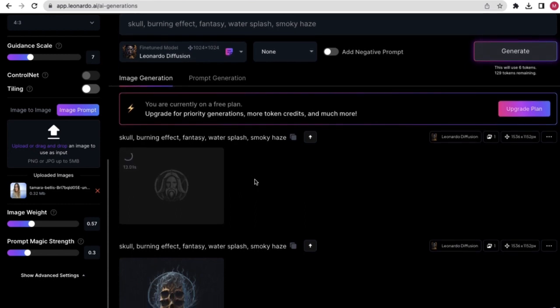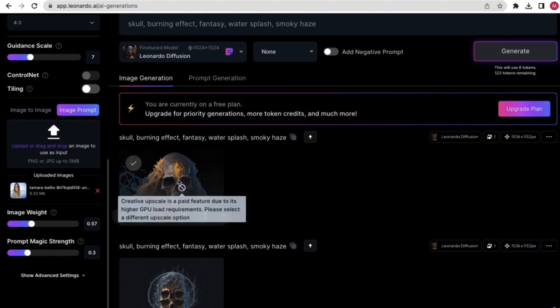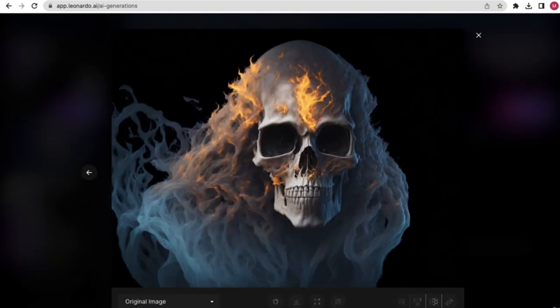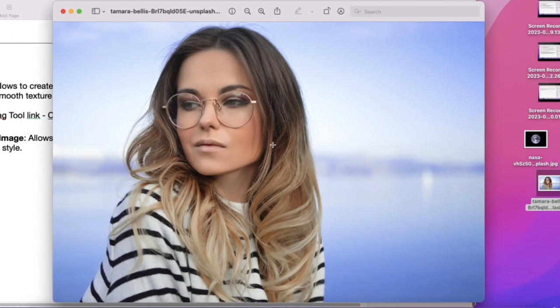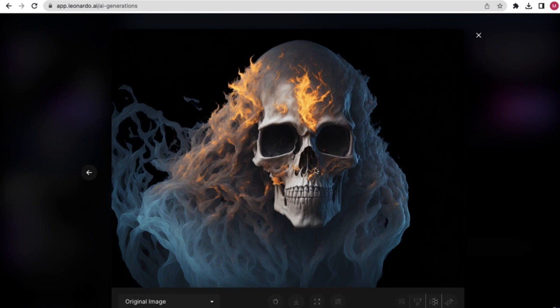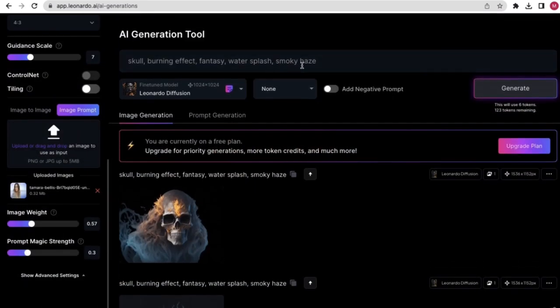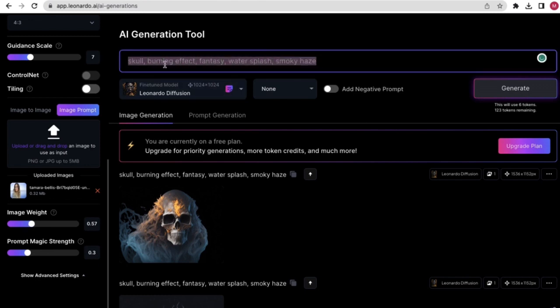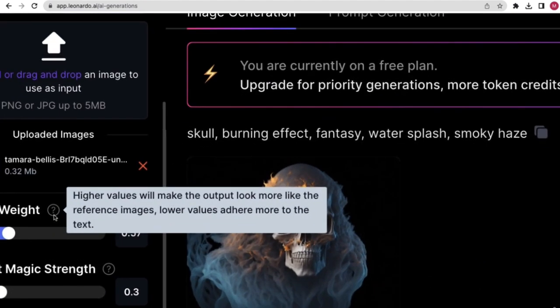Okay, so it is taking time. Let's wait for a few seconds. So you can see this is what it has generated. This is the girl, and it is what it has generated, right? Why? Because we have a lot of text here, and we have even decreased it. So the more you decrease, the more it will like your text prompt. And this is what Leonardo is saying here as well, that the more you increase,